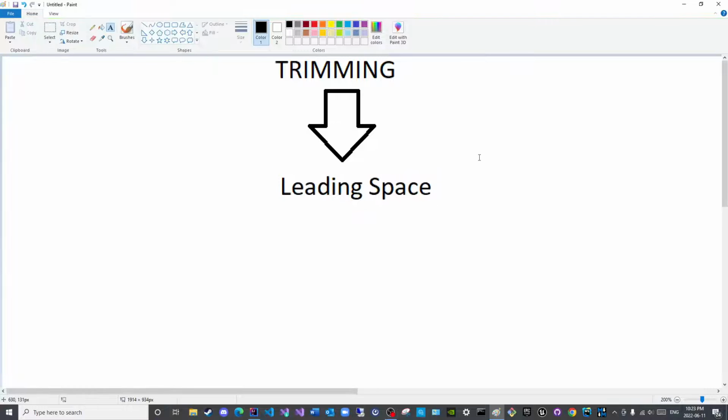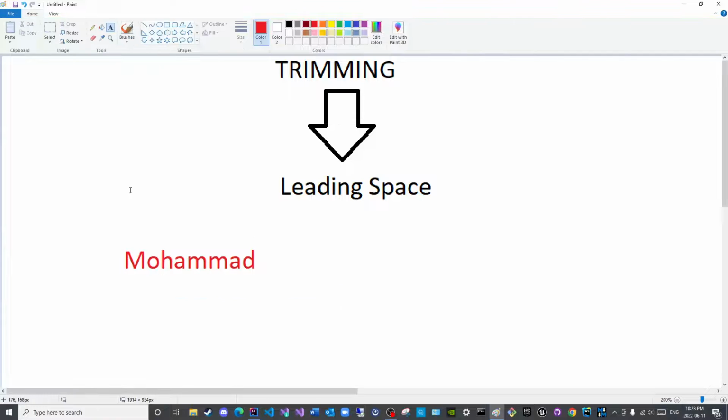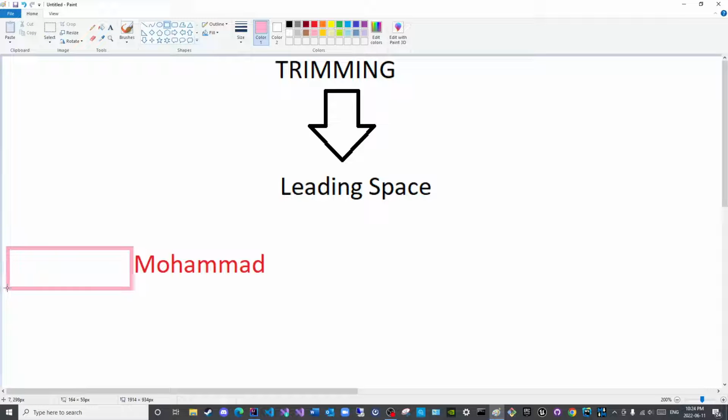What is a leading space? When you have a string, let us say Muhammad, and this string does not begin from the beginning of the line, but if you keep pressing space, space, space, space, or press tab to push it to the right like so, this entire portion is known as a leading space. It is a space and it is leading, as in it comes before the string, as you can see here,